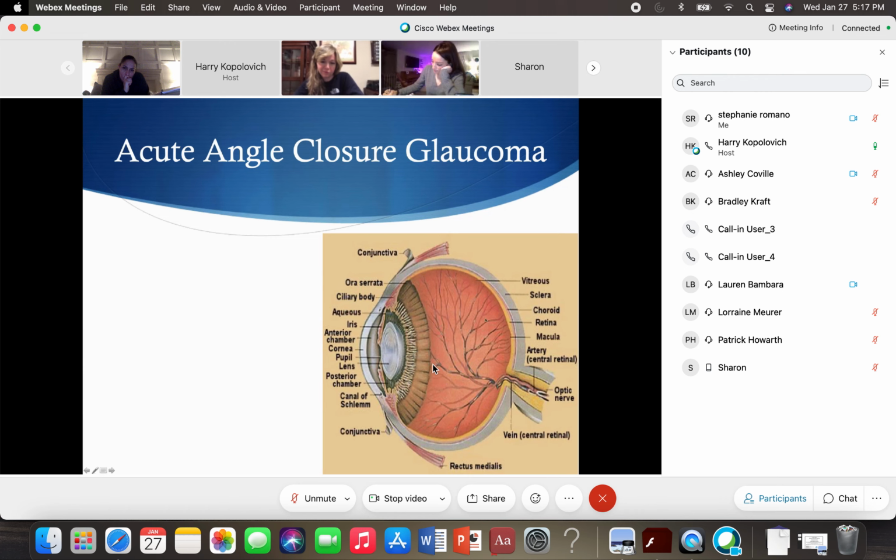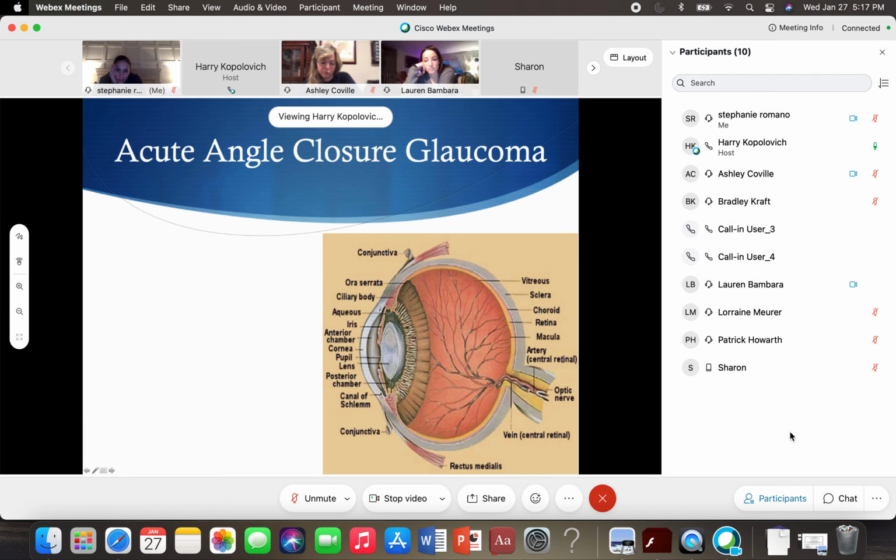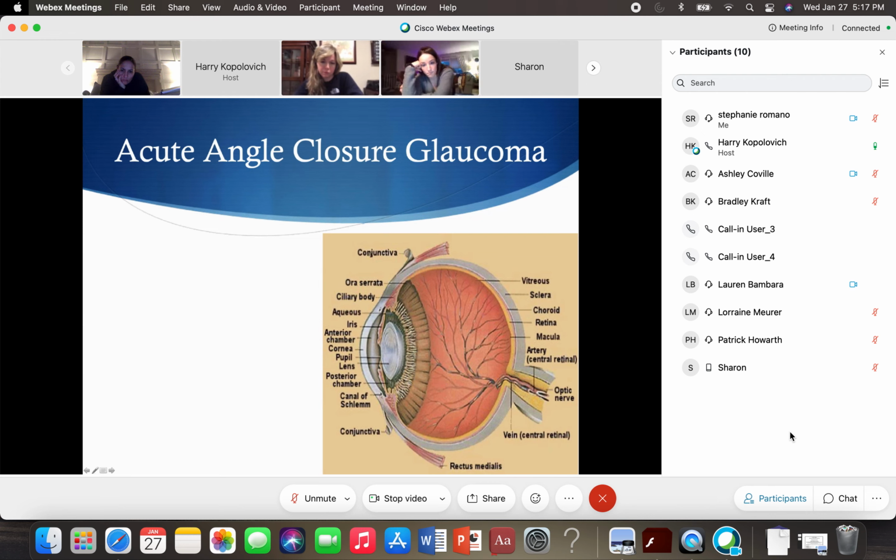This is the anterior portion of the eye. This is the posterior portion of the eye. For the purpose of the discussion, we're going to concentrate just on the anterior portion of the eye. With regards to acute angle closure glaucoma, what we're looking at is where aqueous humor is being produced. This is the ciliary body, and it's located on both the superior and inferior aspect of the globe. Aqueous humor is produced in the ciliary body. It then goes from the posterior chamber, which is over here. This is the lens. The aqueous humor then transits anterior to the lens, goes out through the pupil, and then